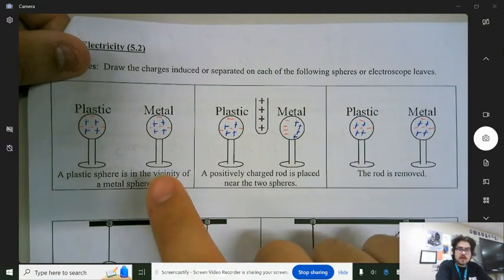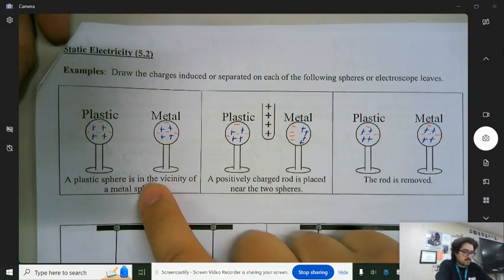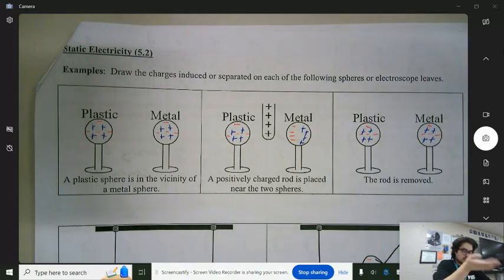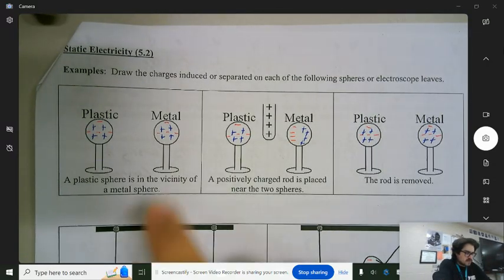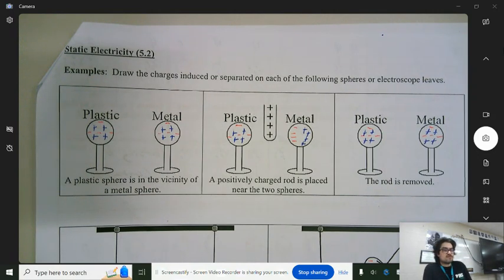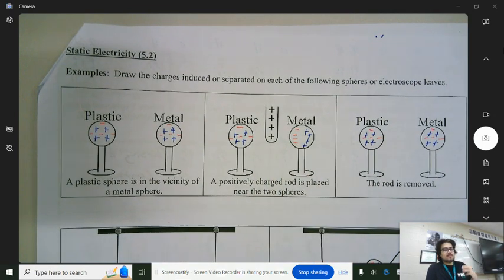So for example, if we look at this first example right here, we initially have a plastic sphere in the vicinity of a metal sphere, okay? Initially, they have an equal number of positive and negative charges, which means that they are neutrally charged. Now, if we bring a positively charged rod near the two spheres,